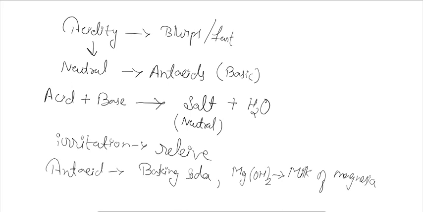You have heard about some antacids, I think. Digene is one of them. And there is one more ad on TV nowadays, Eno. All these are antacids which we can use to get relief from the acidity caused in our stomach due to overeating or other stomach conditions. So this was the first use of our pH scale in our daily life.